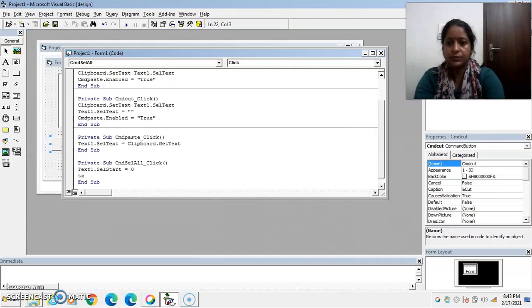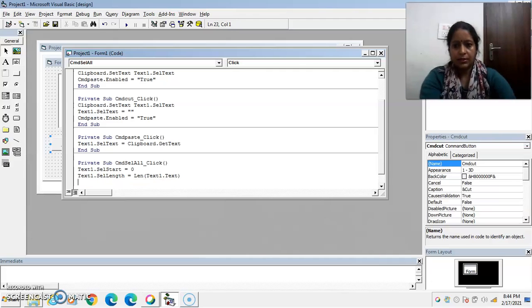So Text1.SelLength is equal to, use the Len function to return the length of the selected text.